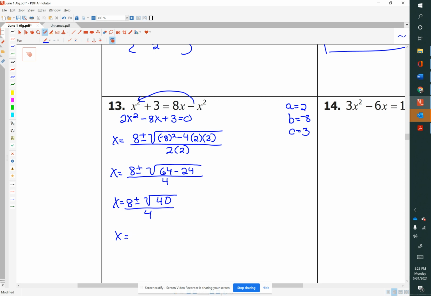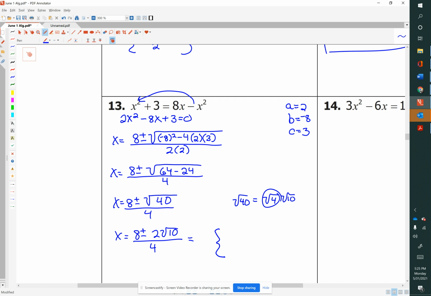And we can think of 40 as 4 times 10. The square root of 40, the only perfect square we can get in there is 4. So square root of 4 times the square root of 10. So we have 8 plus or minus the square root of 4, which is 2, times the square root of 10, divided by 4, which equals,